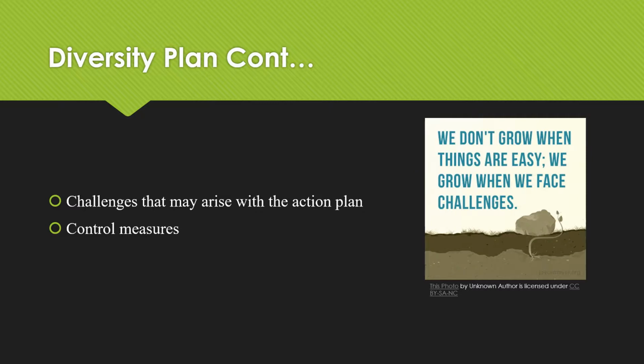Some of the challenges that we faced is finding volunteers that want to put in the extra work in researching and analyzing all of the data to come up with the action plan. The committee did come together, and it consisted of both genders from the bottom of the ladder to the top.